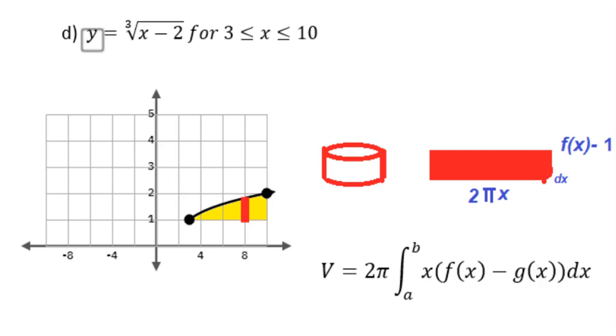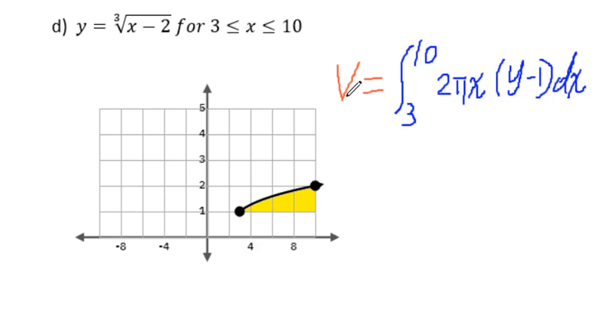One is y equals the cubic root of x minus 2. The other is y equals 1. That's the reason we change g of x into 1. Therefore, we can write down the volume equals the definite integral from 3 to 10, 2 pi x, y minus 1